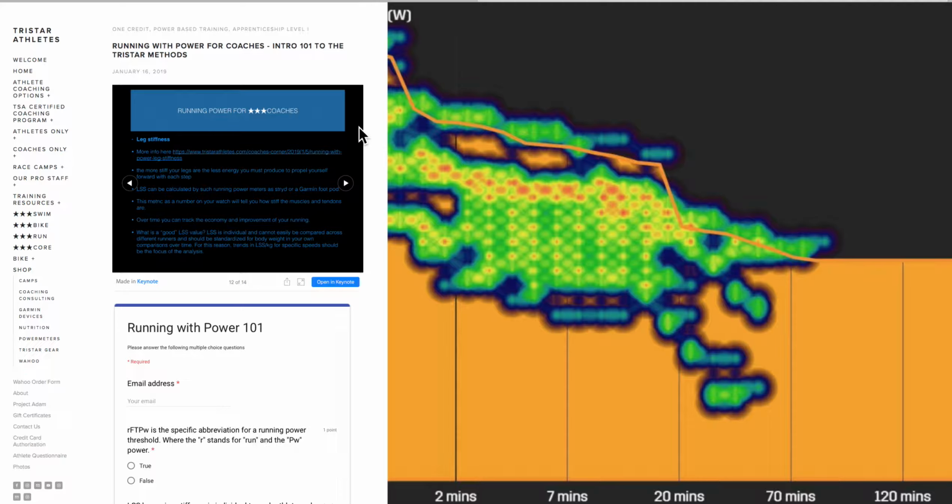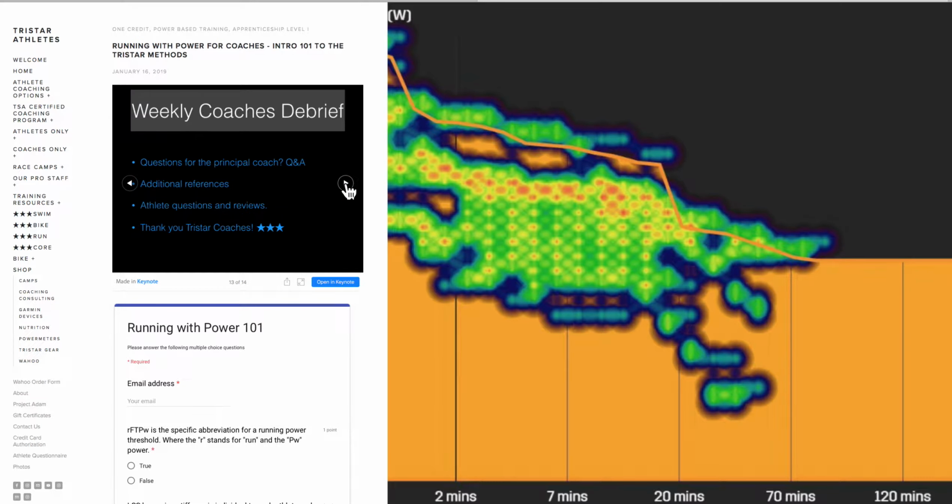You can watch the metric on your watch if you want to, and try to make that value improve. What we're tracking is trends in LSS per kilogram of body weight. These are things that I think are good to know for now for you guys. They're not going to be your day-to-day thing that you're going to be operating with. But for some of your athletes who have more intellectual curiosity, or who are struggling on the run perhaps and they really want to get into it, this data is rich and it's here for you to use.